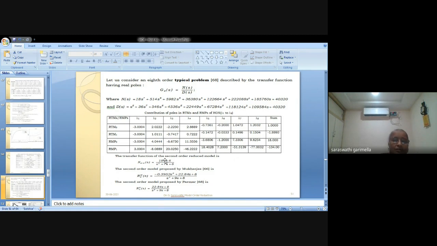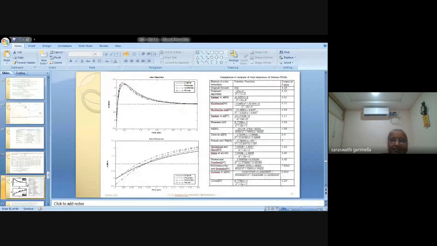With that I calculated the reduced order model and Mukherjee's, and there is a Parmer, that is, I compared with the 3, because I thought when it is exceeding 50 slides, no more calculation part. So I just wanted to show the result. This also I showed in the last session. So it is going like this. Dash dash is mine, and these are the others.